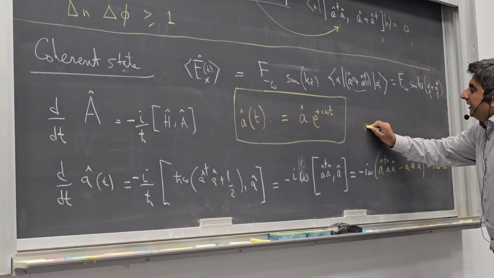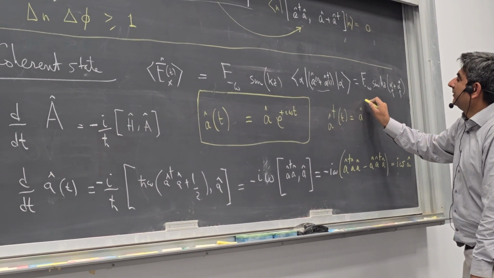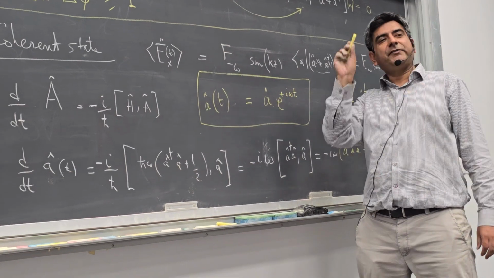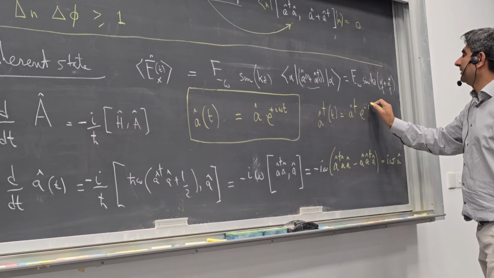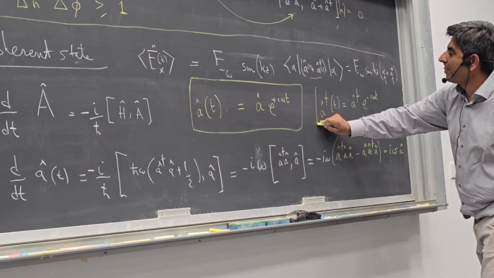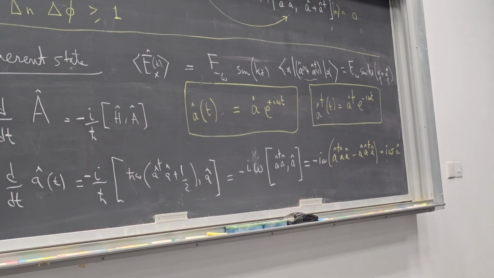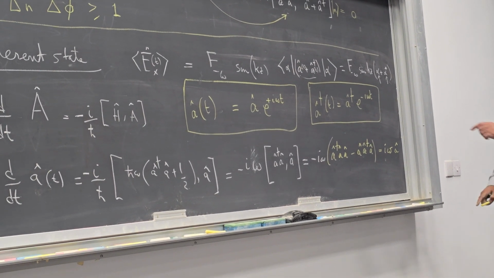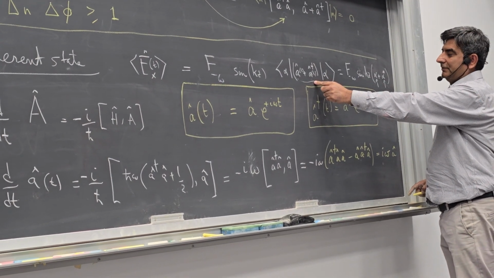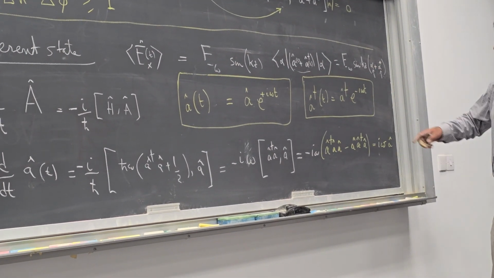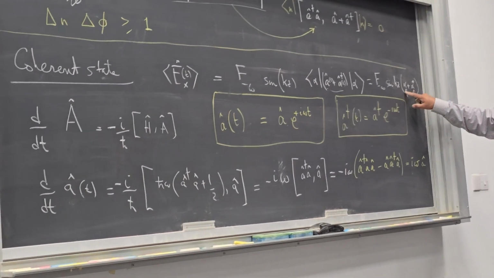Likewise, the dagger of this will be A dagger, but I don't write a parameter, it means at time t equals 0, e raised to minus I omega t. Alright? So when I insert these expressions in here, this acquires e raised to I omega t. This acquires e raised to minus I omega t. So this becomes